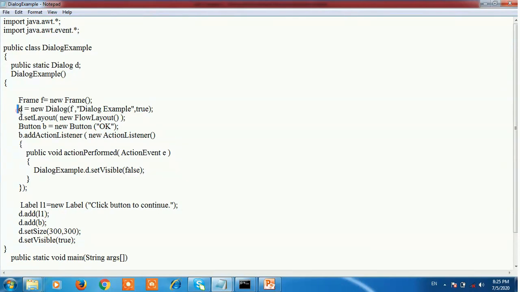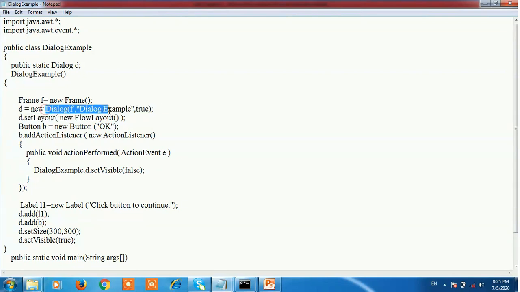After that, D is equal to new Dialog, with f, which is the frame object. Second is the string that is displayed on the dialog window as its name, and the boolean visibility is true.